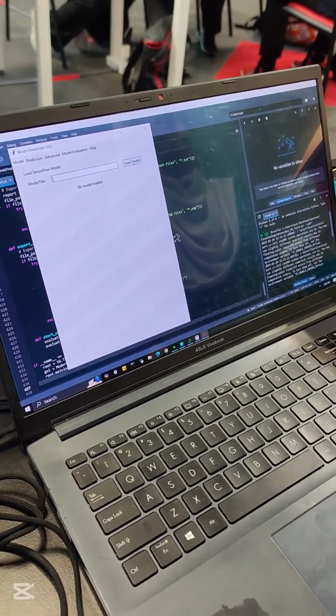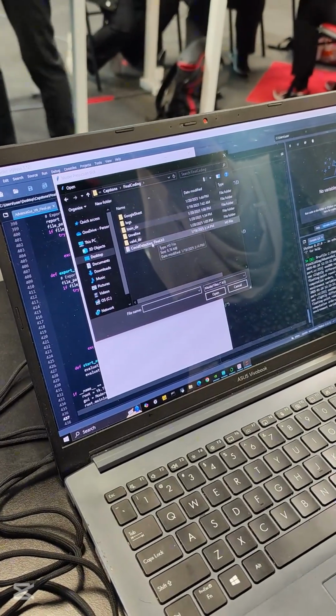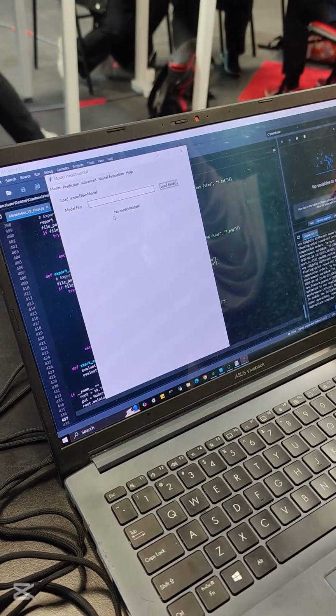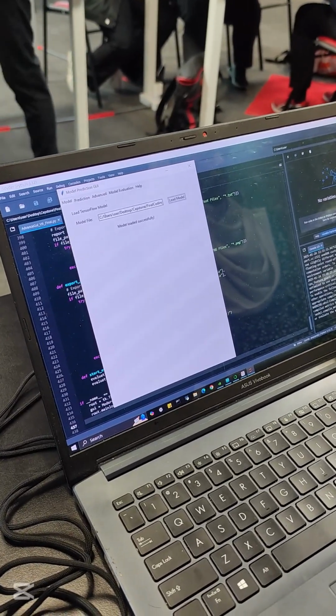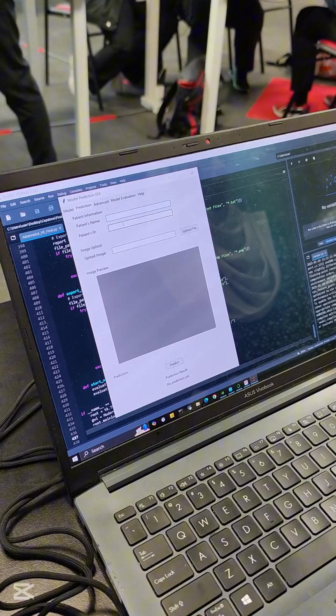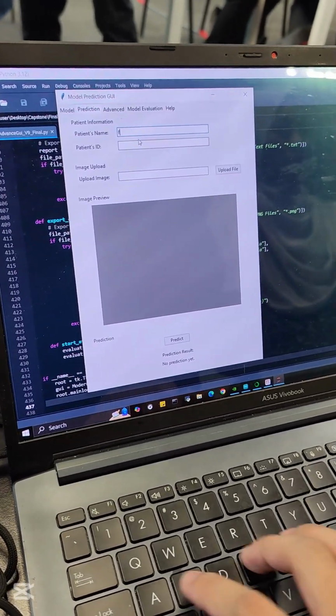So this is how we first load the model, and this is our CNN model. Now that the model is loaded, it is shown that the model loaded successfully. So we do single prediction. We put the name, for example, Faizal,